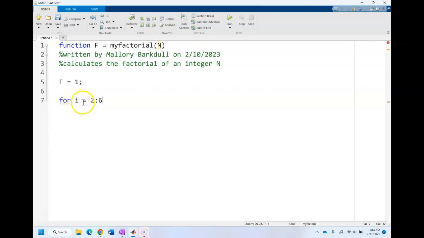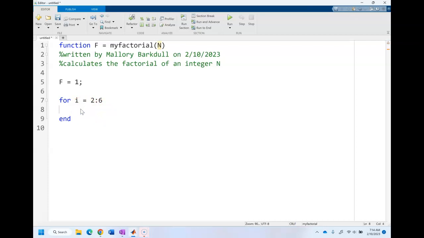And we can call that I, j, k. You can call it whatever you want. And then that's the variable that you'll use inside here. I like leaving them with I, j, k because it's quick, it's easy to write, but you can call this whatever you want. So for I equals 2 to 6,